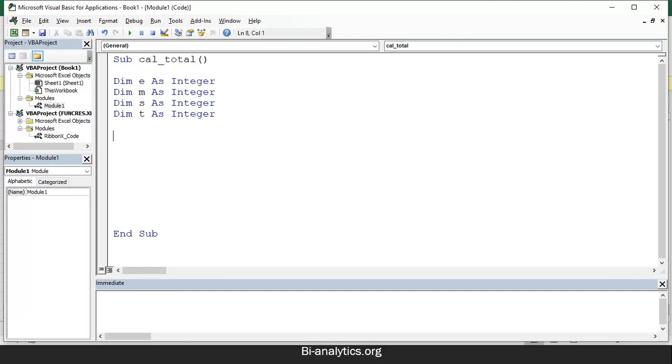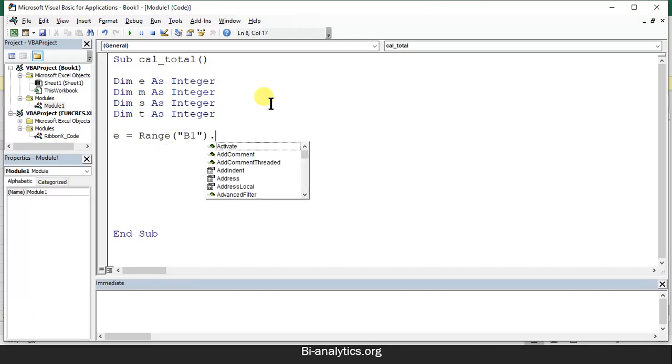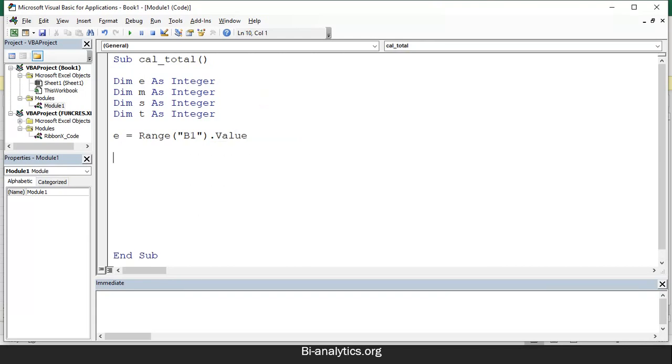How will I store? I say E = Range("B1").Value. So we have stored the data in E.